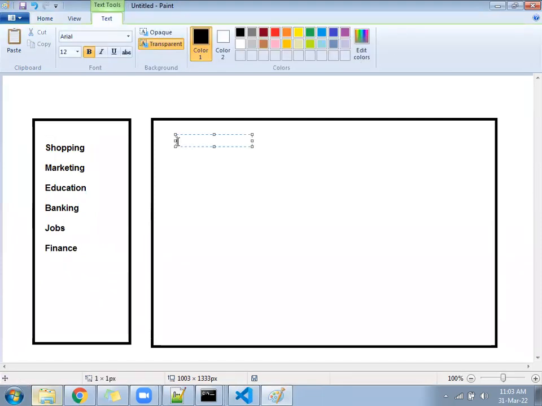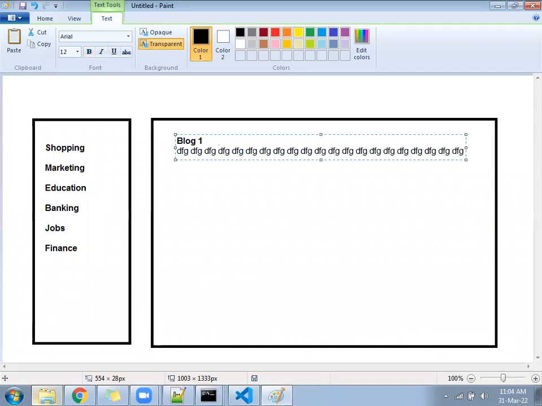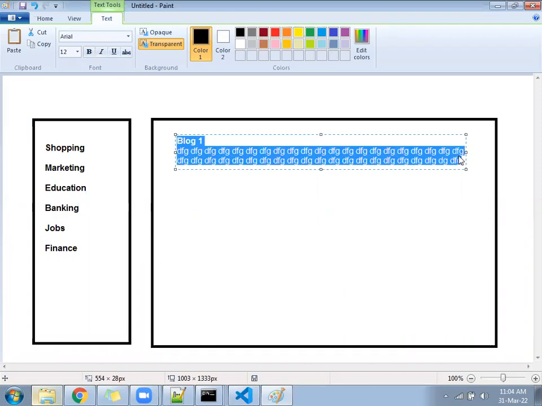After that, on the right hand side, there will be a heading like this: Blog 1, and here some text about the blog. Below, some text about the blog.